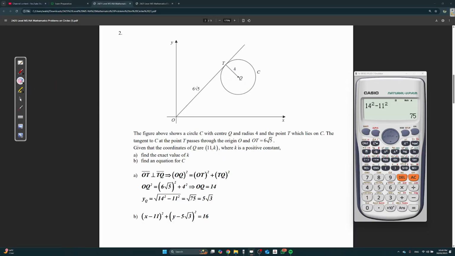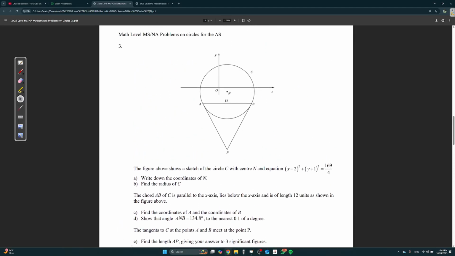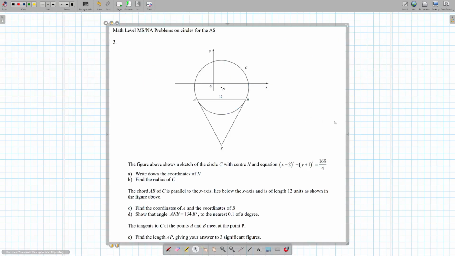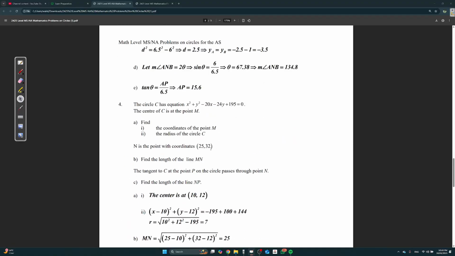Okay, moving on. Question 3, this one's sort of annoying. And you can see it has until part E. I think it's fair to say it's not an easy question. Okay, if she wants to get a hard written part, I think she can get this. Personally, I still didn't see question 4 and question 5. I didn't even read them. But